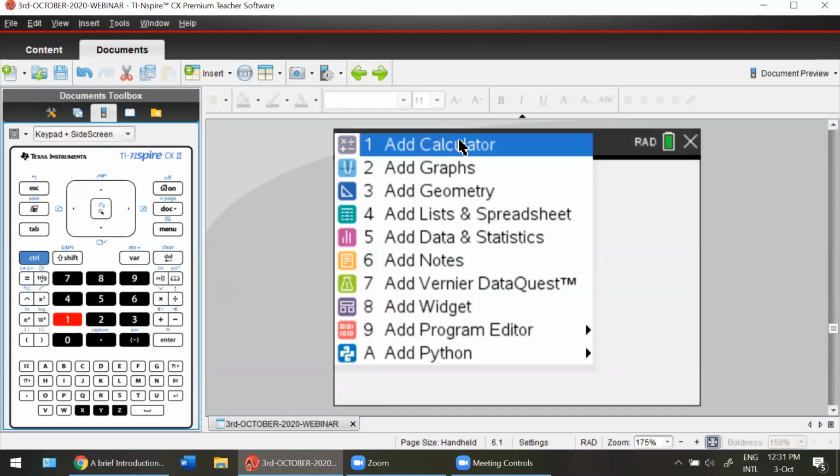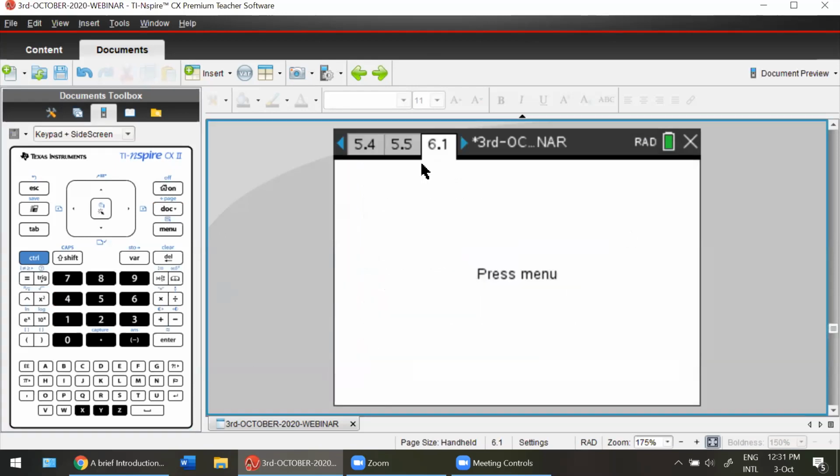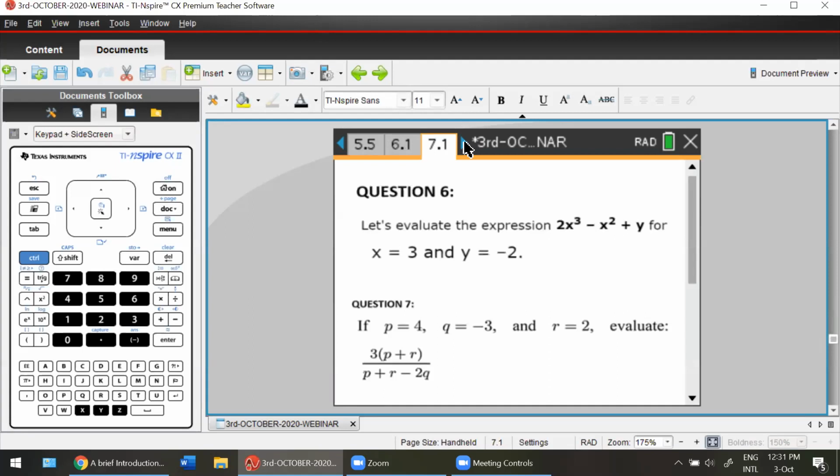Doc 4.1 is your secret recipe to enter a next problem. I hope I have not confused you there. So just two important pointers. For a new problem, it's doc 4.1. Every problem on your paper needs to be doc 4.1. And every sub question of that problem needs to be a Control I. I hope that was helpful.